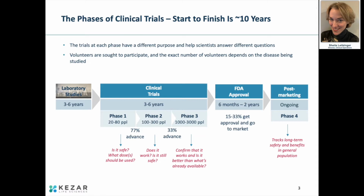As you go from phase 1 to phase 3, you learn along the way about how people may be responding to your drug. We meet regularly with the Food and Drug Administration, or FDA, and other regulatory agencies outside the US throughout the phases, with the ultimate end goal of approval or marketing authorization. This involves submitting lots of data along the way, including lab results and any side effects or adverse events which occurred in the studies, so that the agencies can make a clear and objective decision about whether or not to